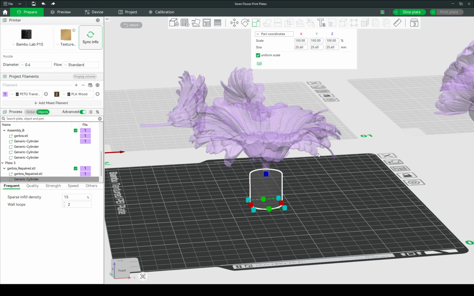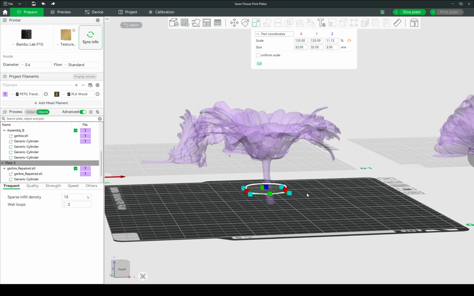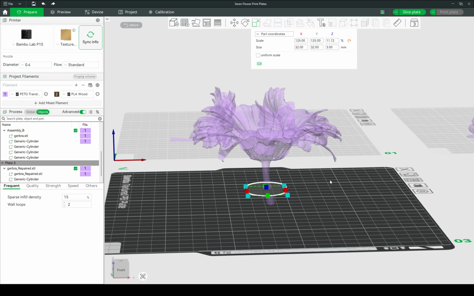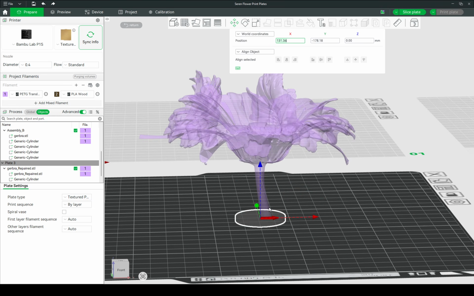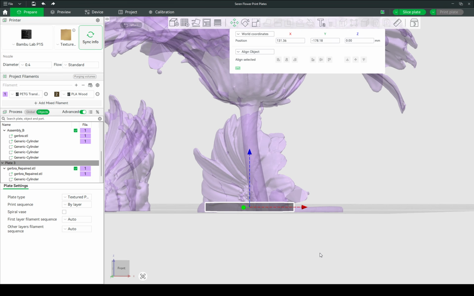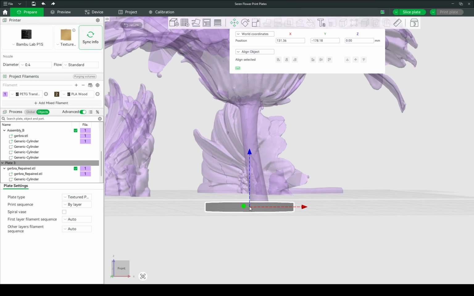So now I want to change the scale of this thing. I need a specifically sized cylinder. So this will be 32 mils by 32 mils by 3. This will fit the little LED disc that I want to fit into this light here. So now I've got to move it down. So I'll put it in a certain position. If I change it to Z0, you'll find a potential problem where the 0 is in the middle, the 0 coordinate's in the middle of that object. So if it's a 3 mil high object, you want to add half of that